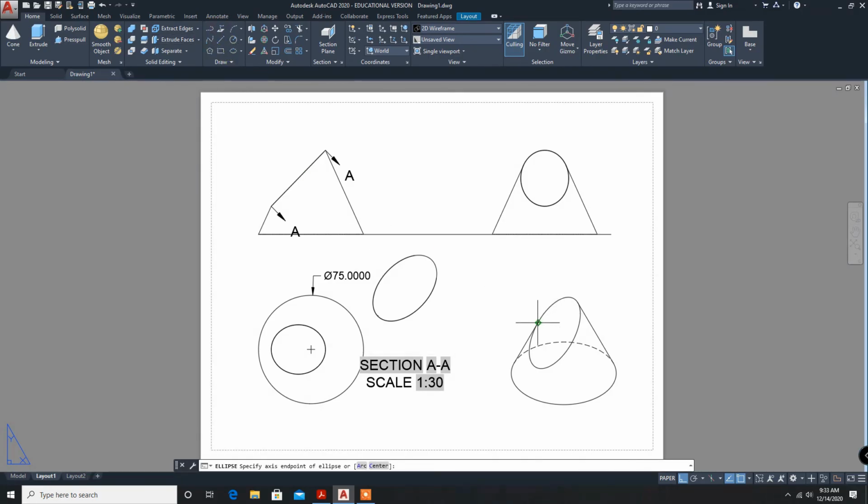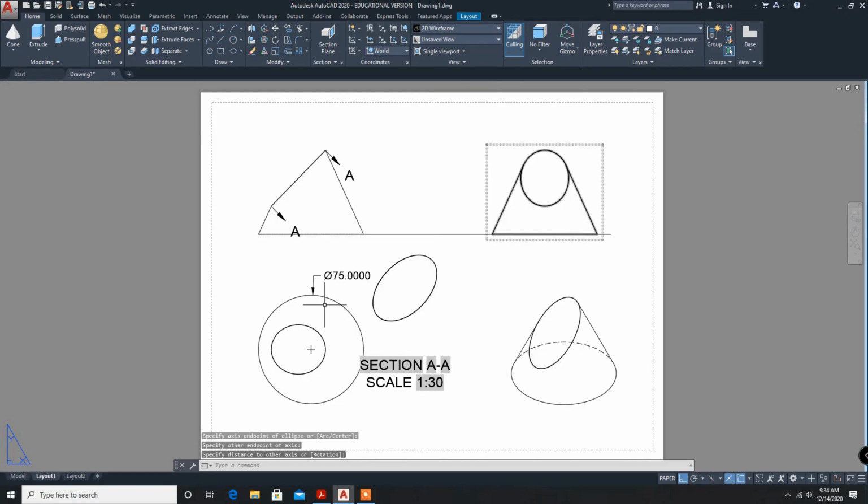Next, intersection. So now we have made it.